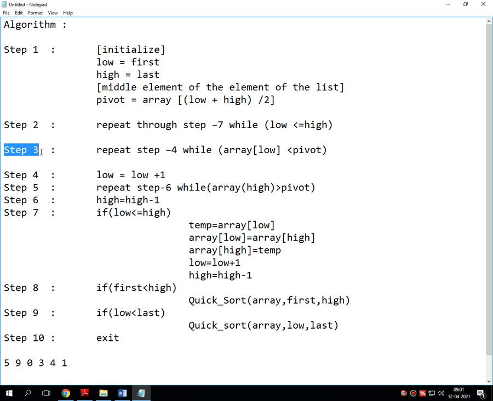During that, step number 3 works like this. Step number 3 is repeat step number 4 while array of low is less than pivot element.